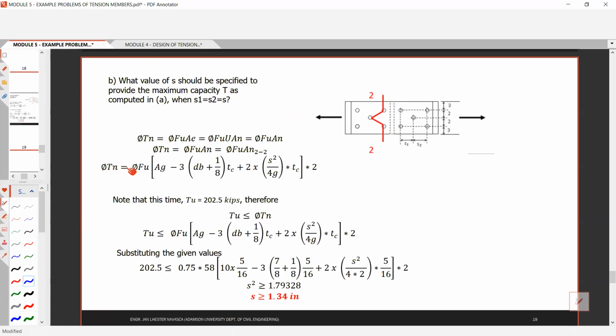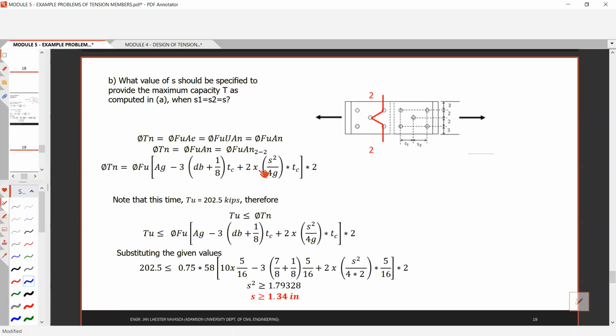Therefore, your An is equal to Ag, the gross sectional area, minus 3 holes. You have 3 holes, 1, 2, 3 holes, multiplied by the diameter of the hole, which is db plus 1/8, times the thickness of the cover plate, plus you have two